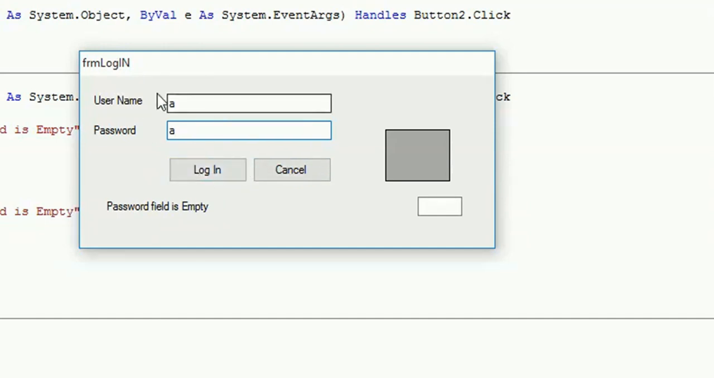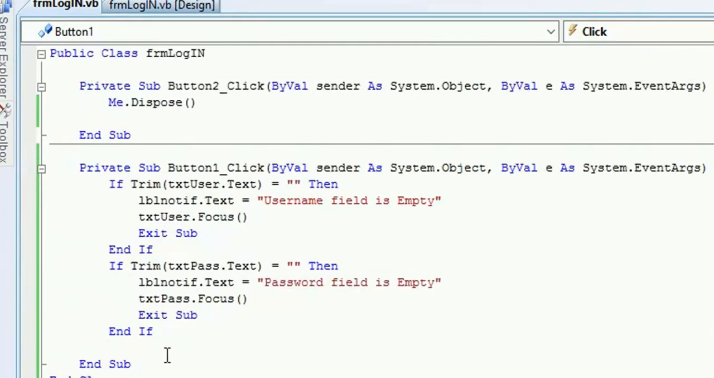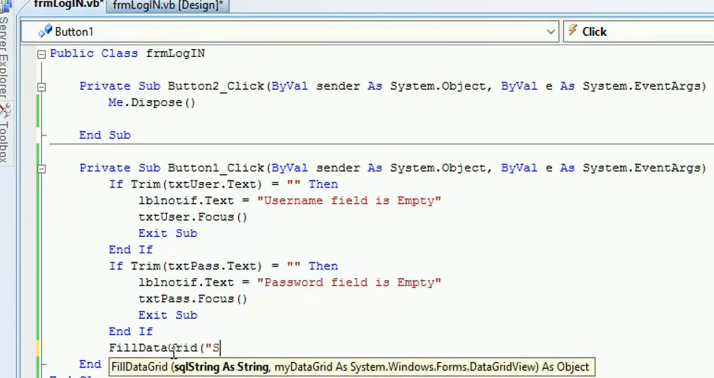So once na na-meet niya yung nilagay natin na username and password, magkakaroon na tayo ng condition na i-verify niya dun sa ating database yung ating nilagay na username and password. So let's go back to our code. Fill data grid. Select asterisk from TVL users